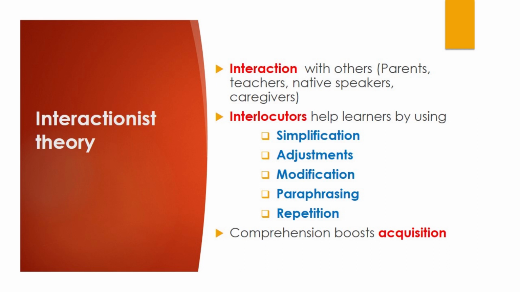The same thing happens with adults who are learning a second language. Teachers and native speakers usually tend to use a simplified form of language with non-native speakers and second language learners. In situations where there is a misunderstanding or a lack of understanding, teachers or native speakers use simplification strategies such as clarifying, paraphrasing, and repeating. Long claims that comprehension is improved and acquisition is facilitated through these interaction adjustments.